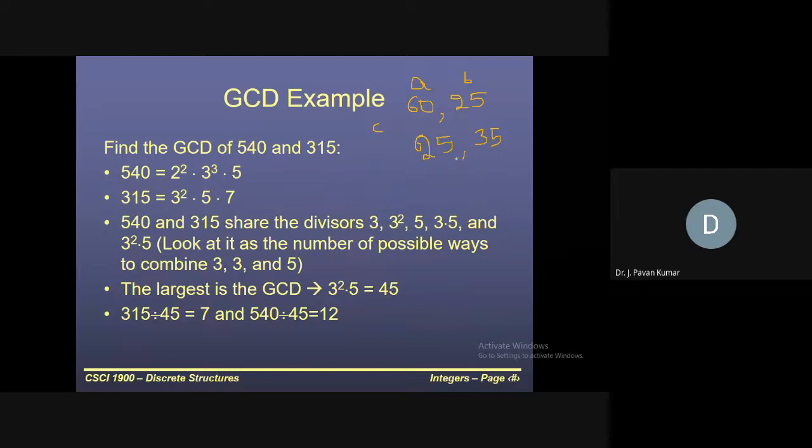So now 25, 30. What's the difference between 60 and 25? It is 35. So if you find the GCD, or some factor, let us say D. Okay, D is a common factor. Again, you consider the least number as it is, that is 25. Then what's the difference between these two? 10. Okay, now you consider E as the factor. You don't worry about C, D, E.